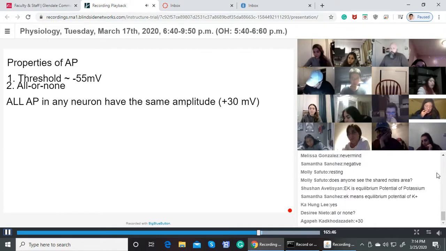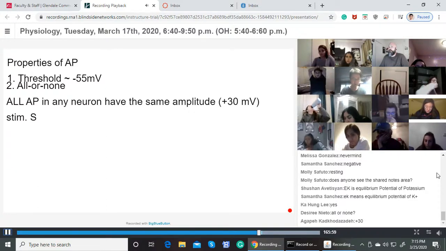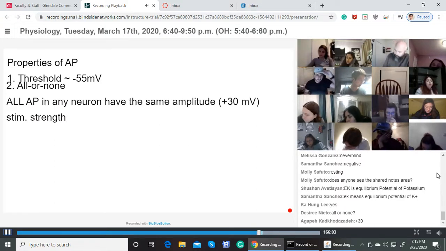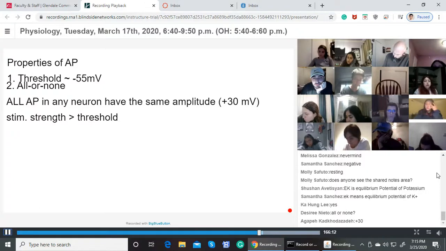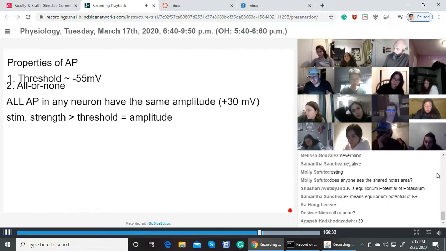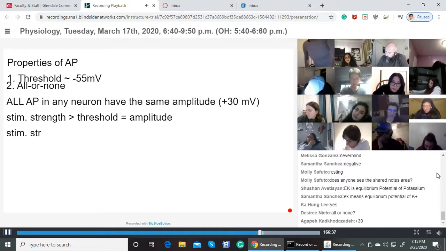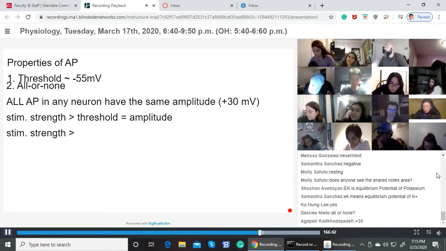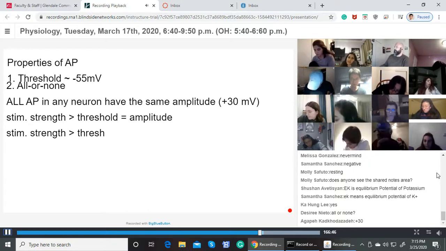Let me ask you these two questions. See if you understand this. Okay. Stimulus strength, which is basically the same as stimulus intensity, larger than threshold, equal to some kind of amplitude. So no need to hurry. You may not understand what I'm doing. I'll explain it to you. In case you write it down, then you have to change it, and you hate your professor for keep changing your lecture notes, you know. If it is larger than threshold, equal to